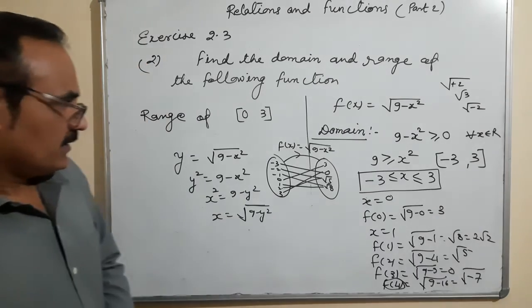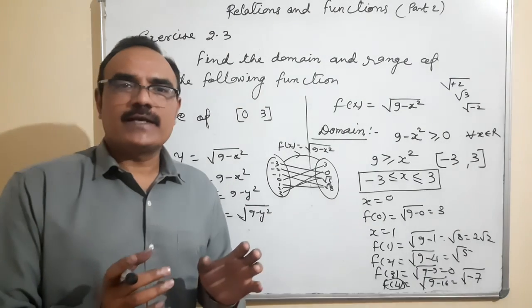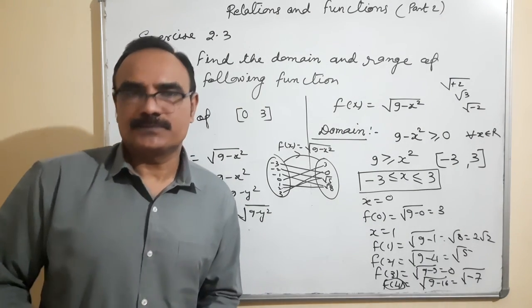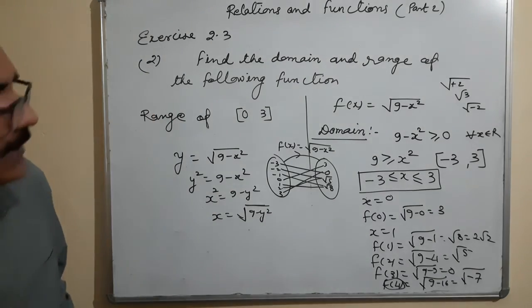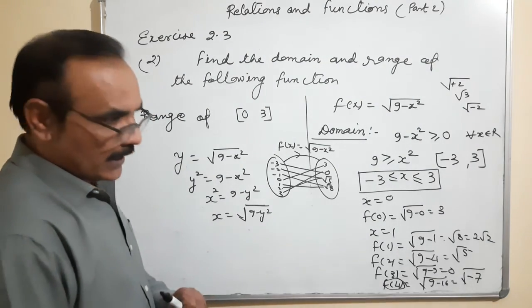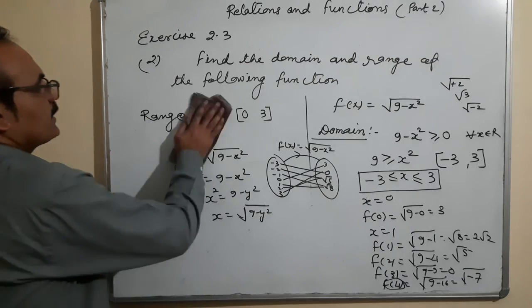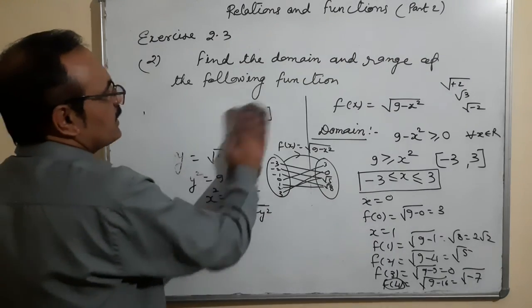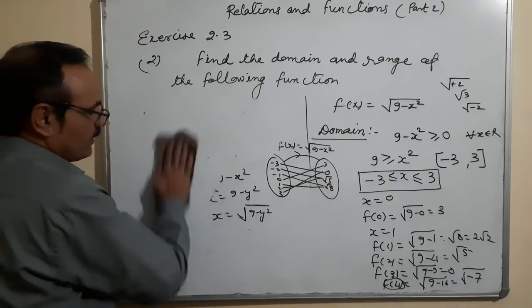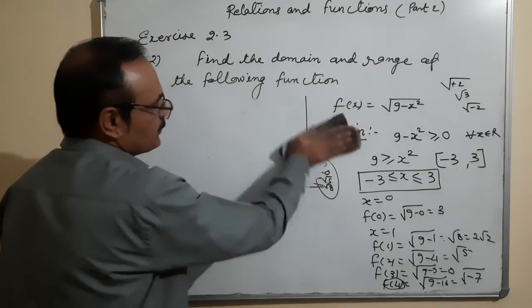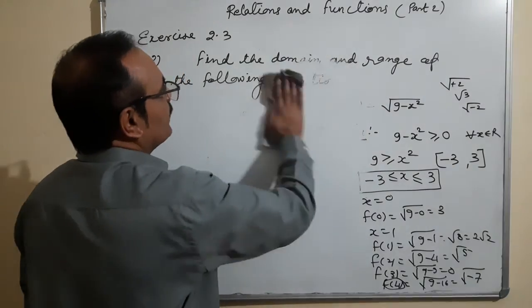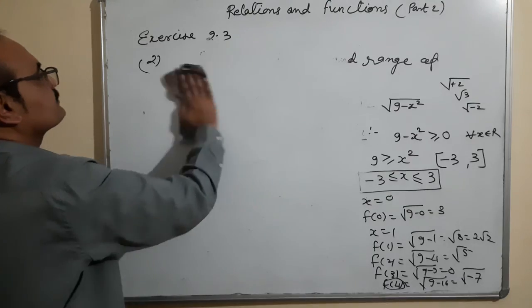Okay. So this is the analysis, how to find the domain and range of the function. If you have any problem in understanding, so better to draw the diagram and think that how many terms we can put and how many possible terms can be obtained from the function. And this is the best way by which you can find out the values of domain and range. Okay.